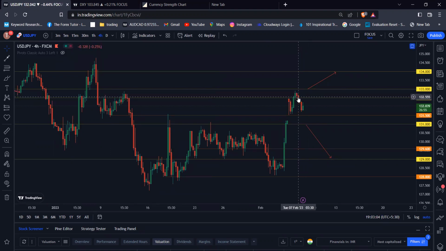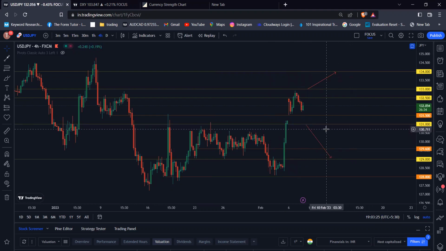So USD yen, trade wise, is not a good pair. If you want to follow this pair, then follow, but there is no possibility for the trader to enter this trade. But if the USD yen